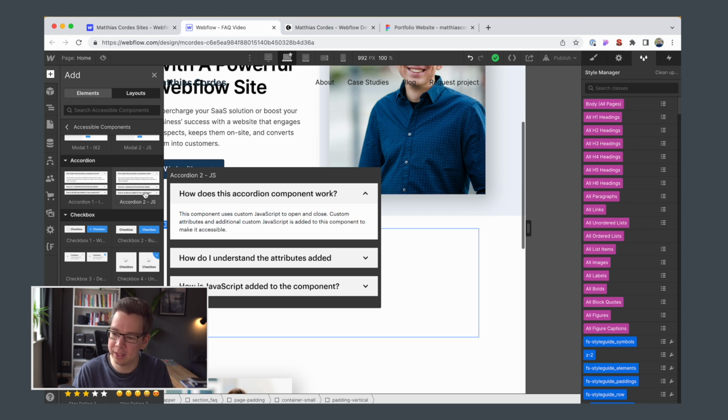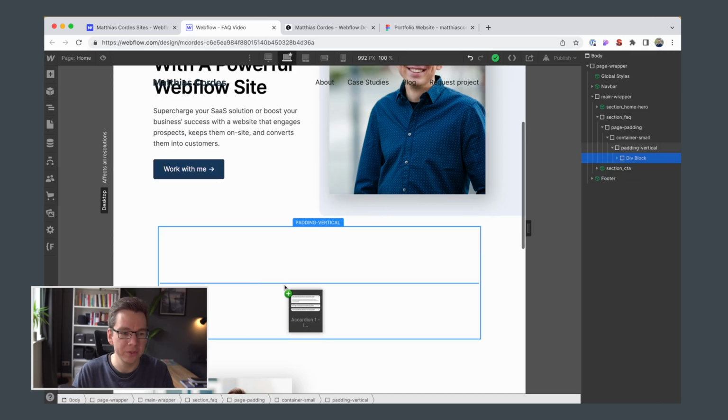If you have a more complex setup, for example, or you're looking for some specific features, then the JavaScript solution could be for you. One use case would be that you want to start with one item always being open once the page gets loaded, or when you open another item in the list to have the others closed again. Those are a bit more complex interactions that at least I didn't find a way to create natively in Webflow. So that would be a great use case, but as I'm not going to use this feature and want more flexibility in terms of how the interactions behave, I'm going to use the standard Webflow interactions